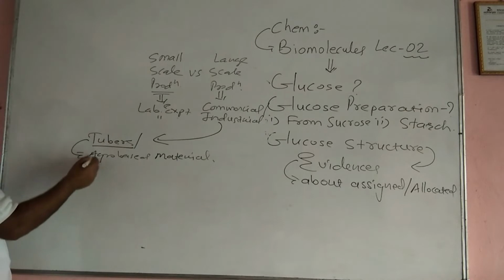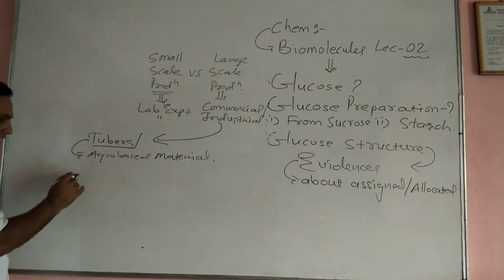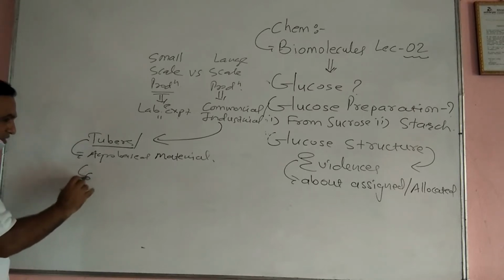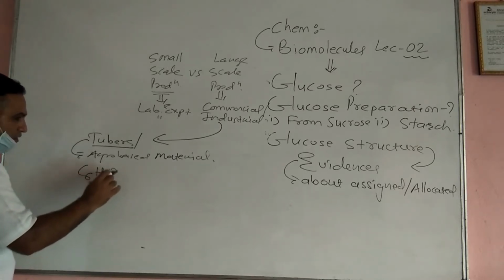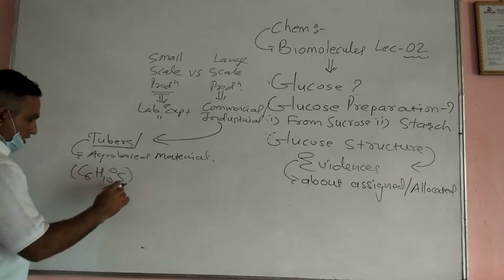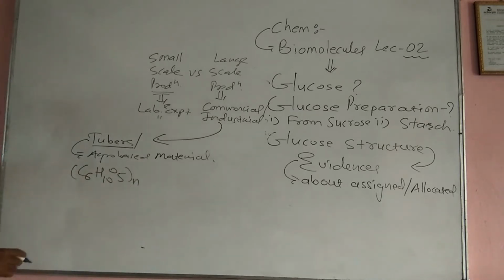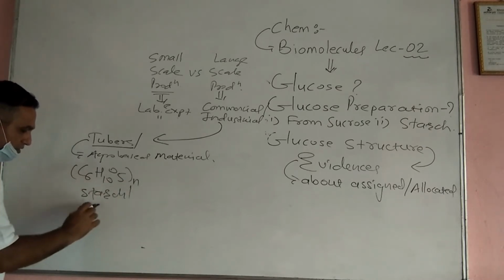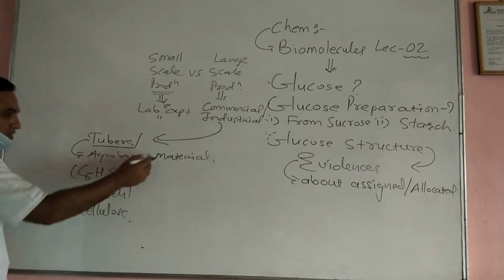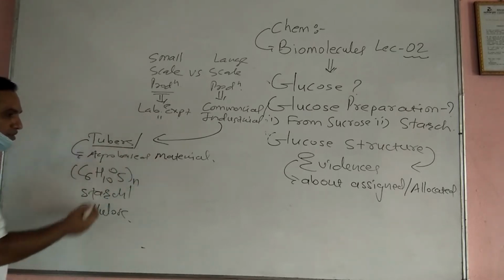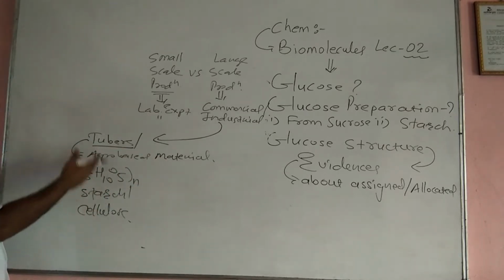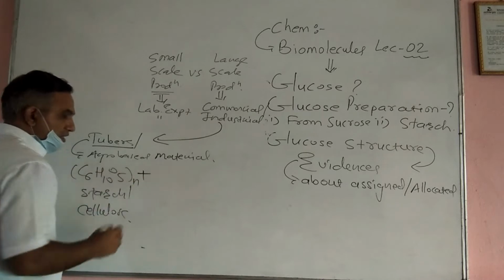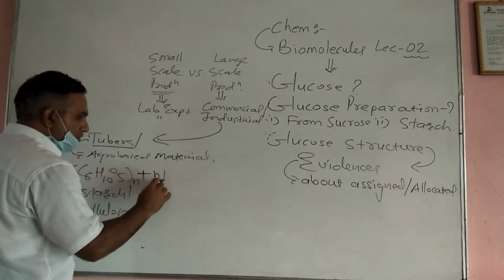So this material means this is the polysaccharide in the form of starch. So the molecular form of starch is C6H10O5 n times. So this is the starch, or this is the cellulose, which is the agro-based material which is made available in the industry, and then the n number of